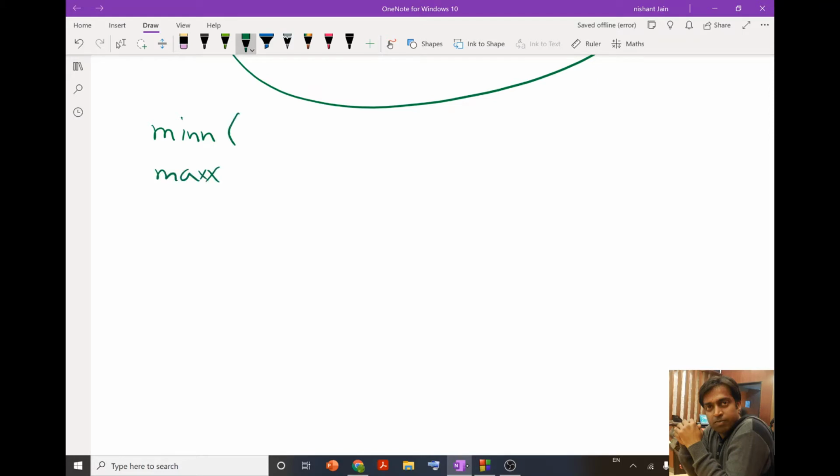In the main function, we are going to pass the array, and along with the array we are also going to pass the row number for which we are planning to determine the minimum value.